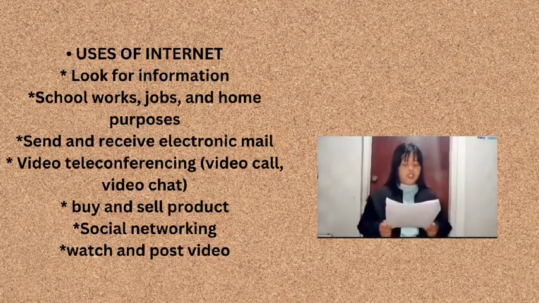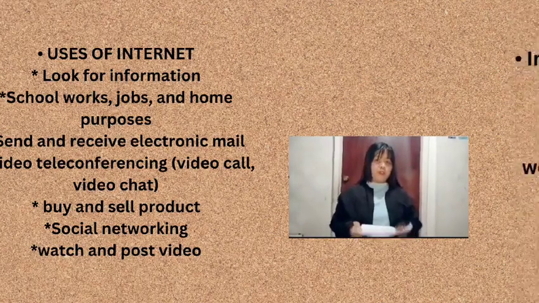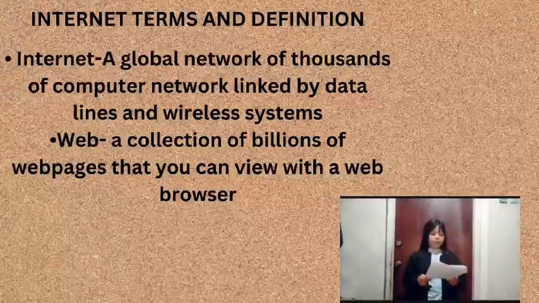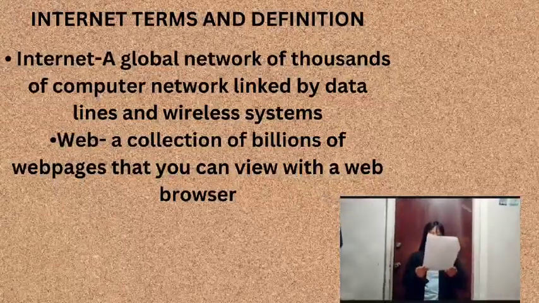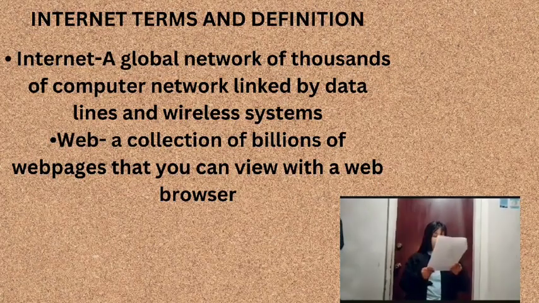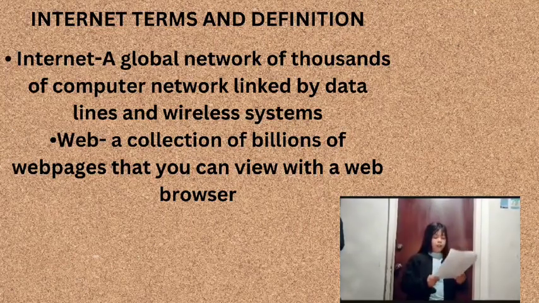The internet terms and definitions. Number 1, internet, a global network of thousands of computer networks linked by data lines and wireless systems. Number 2, web, or a collection of billions of web pages that you can view with a web browser. The most common method of